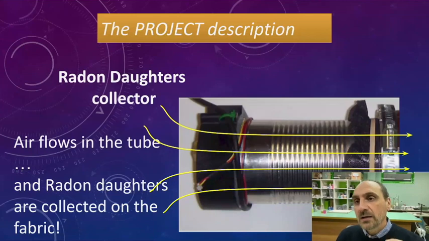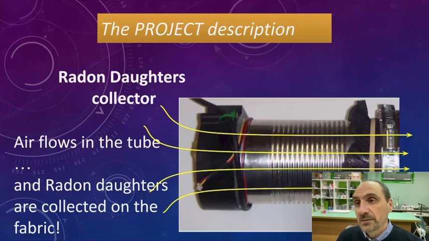So when a radon daughter is created inside the chamber, it sticks immediately to any material that is nearby. So for example, if I put air inside this tube against the filter, the fabric, many radon daughters will be